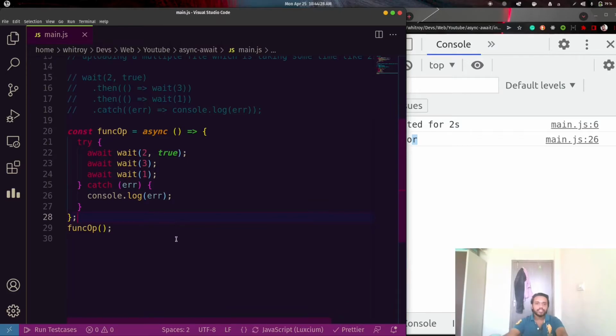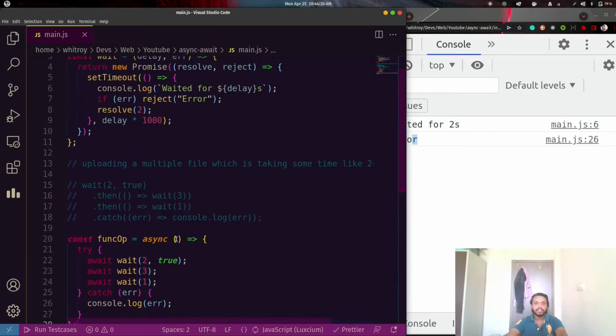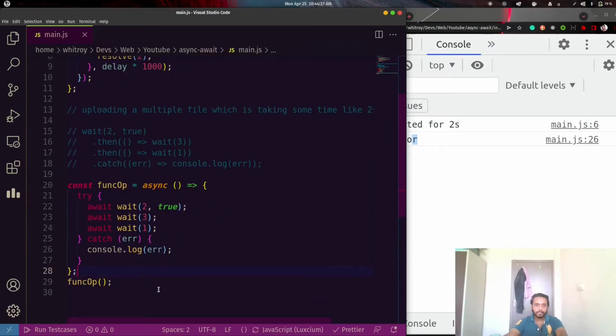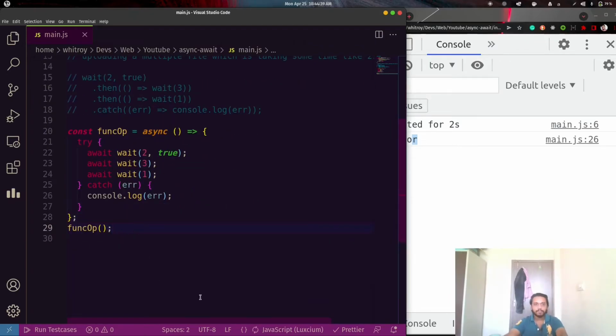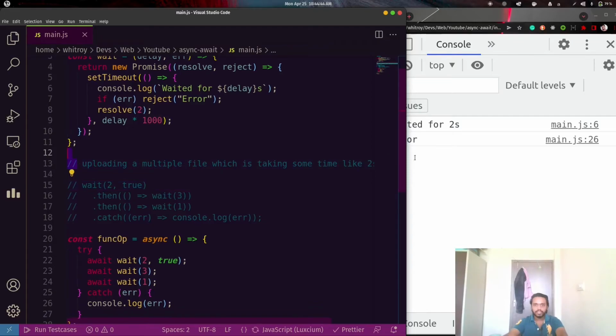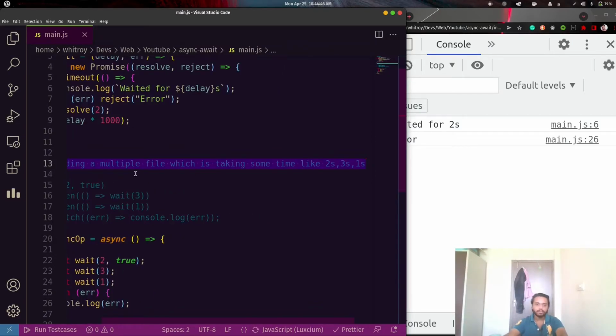Now let's discuss an example where async await is not more appropriate than promises. The example is the same, where we are uploading multiple files which take some time, like 2 seconds, 3 seconds and 1 second.